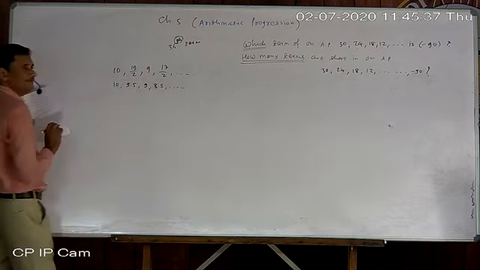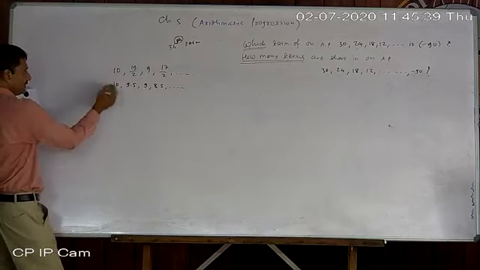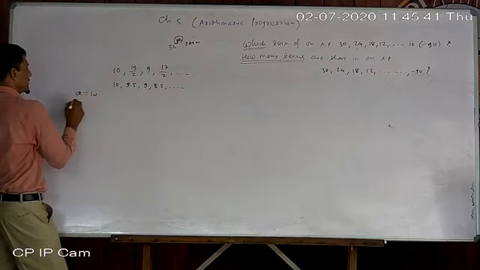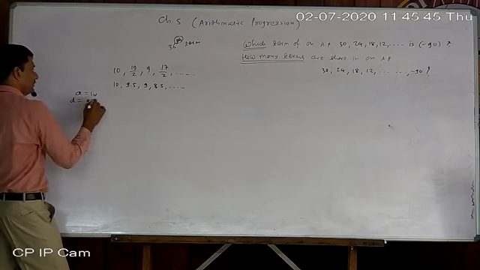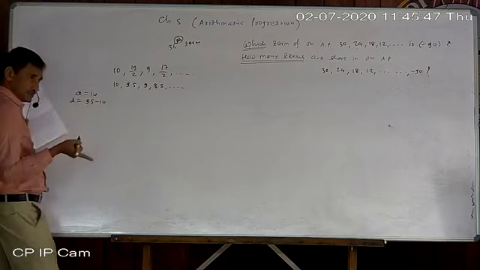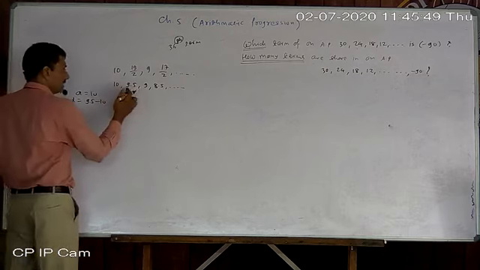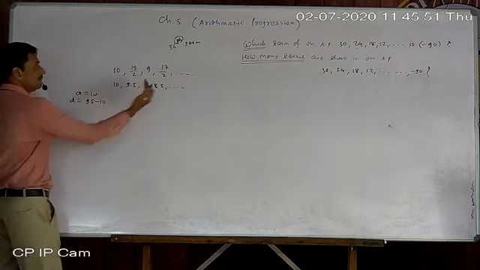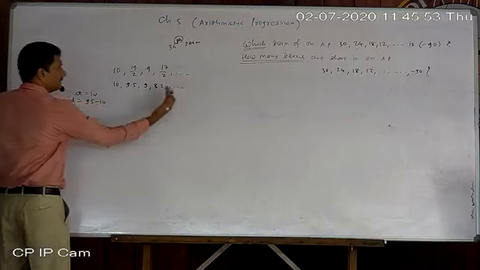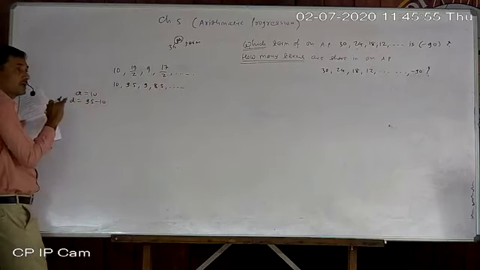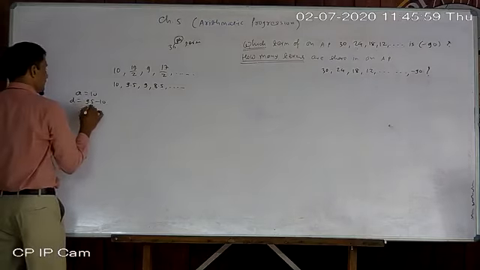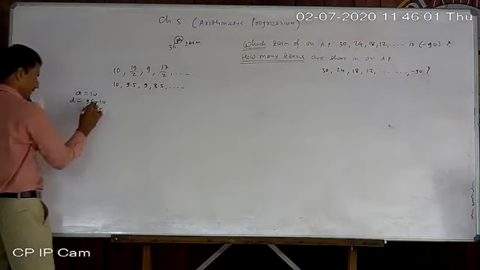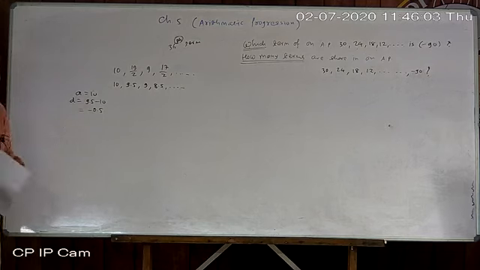This is our AP. So now A is always visible, 10. Suppose D I don't know, then write down A2 minus A1, always A2 minus A1, not A1 minus A2. Otherwise A3 minus A2, otherwise A4 minus A3. But right term minus left term, not left minus right. Always right minus left. So it will become minus 0.5. Why minus 0.5, that you know.